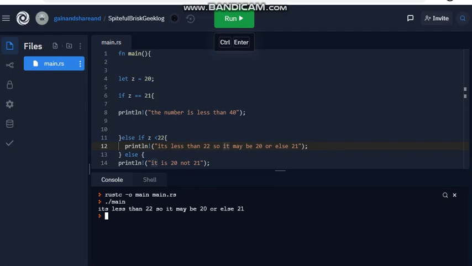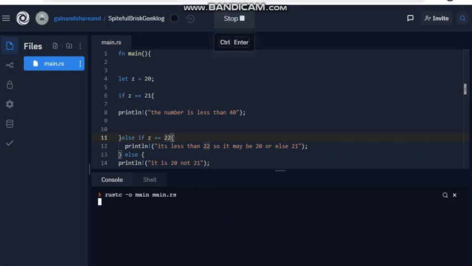In that way, else if is also used. When it comes to else if, not only greater than and less than symbols, we can also use the equals to symbols here. If you run it, what exactly happens?